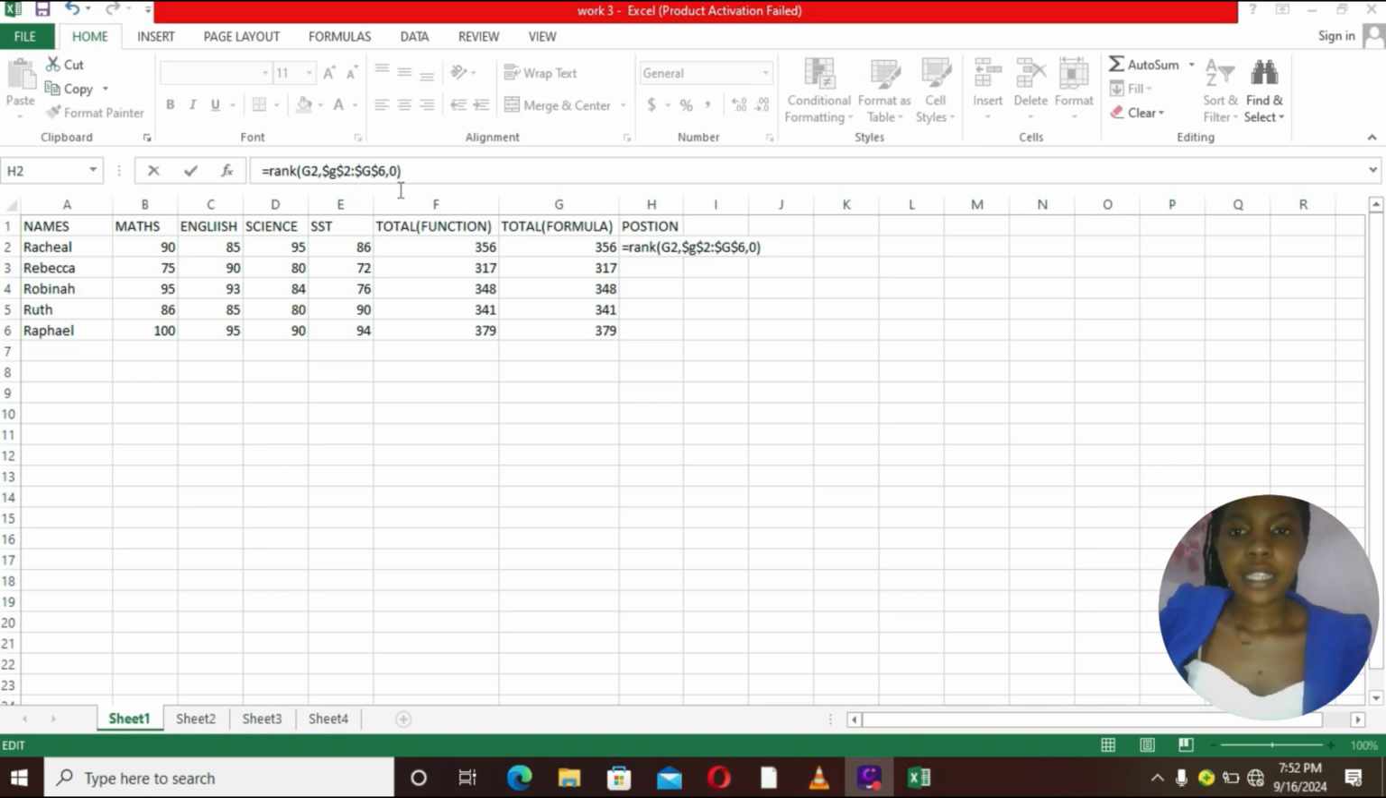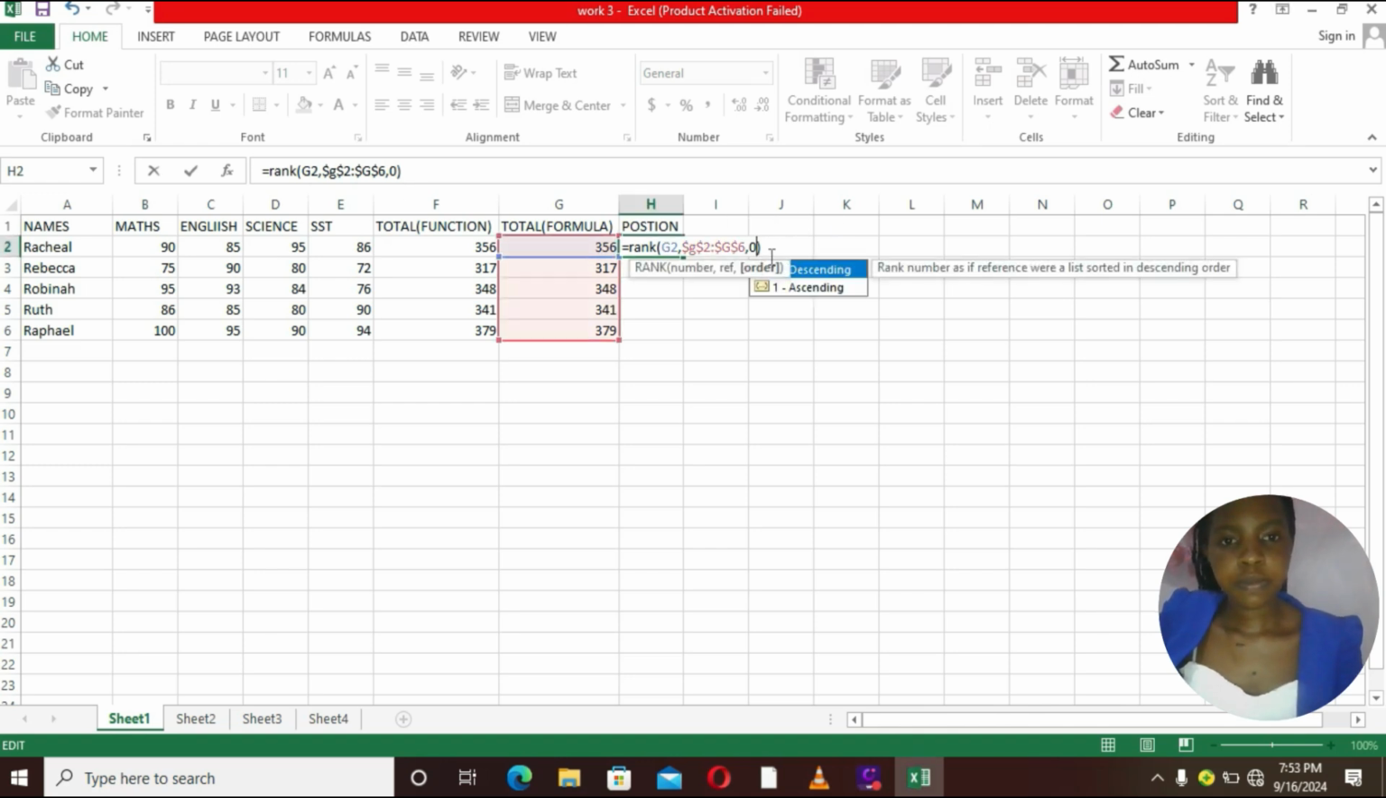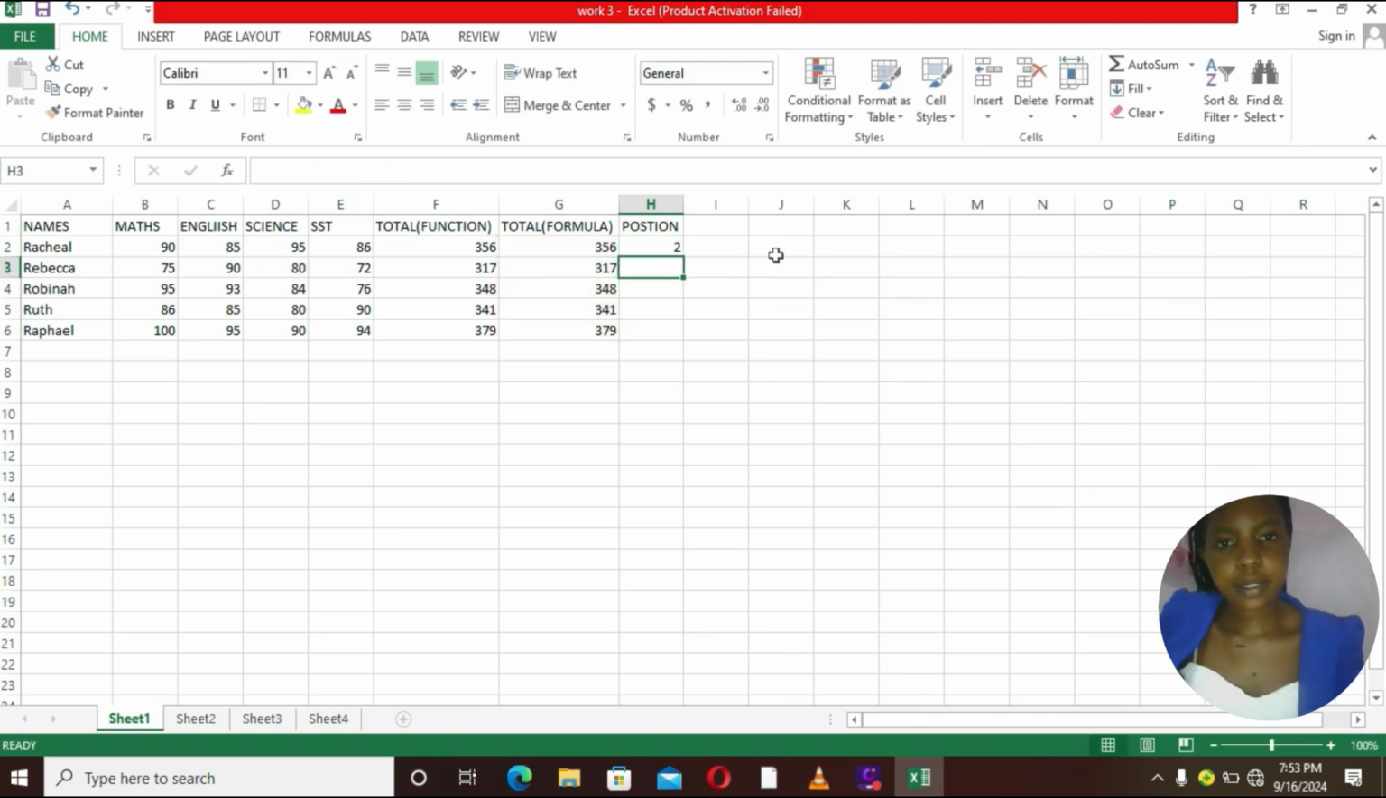0 is for ascending order and 1 is for descending order. Then we press enter. See that the first one is positioned. We autofill for the rest, as you can see. So we have been able to position the students